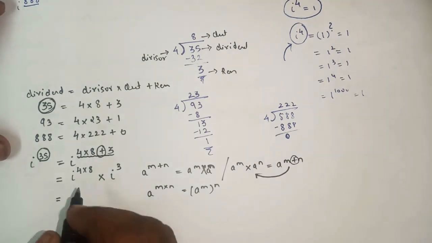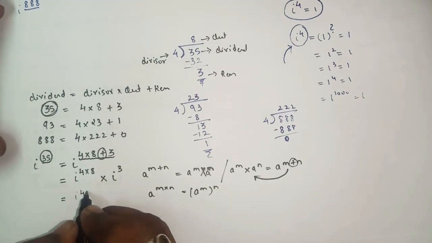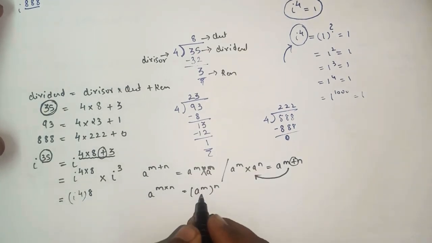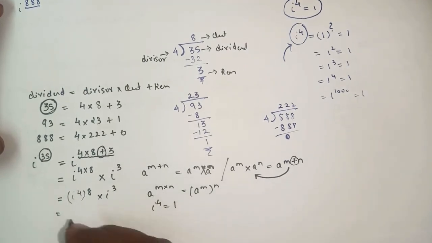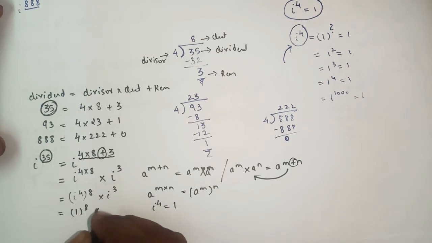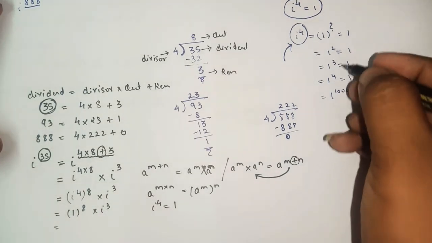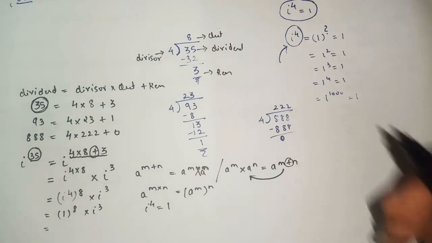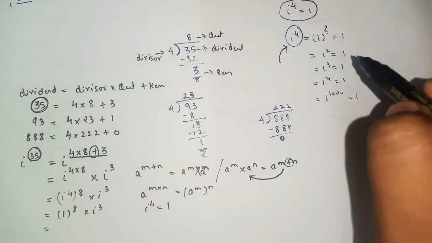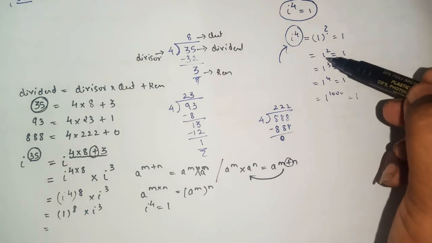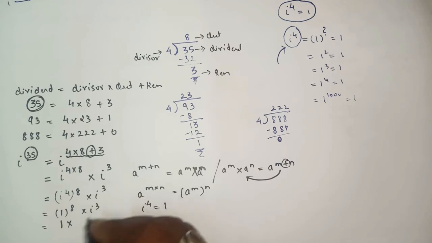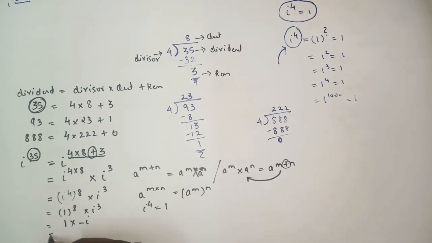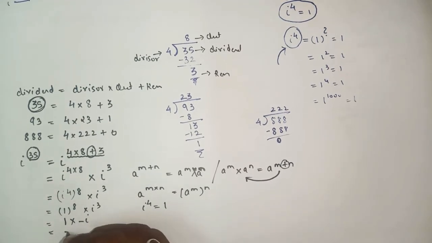So after this, it can be written as I raised to 4 the whole raised to 8 into I cube, using this formula. Further, we know that I raised to 4 is 1. So 1 raised to 8 into I cube. Just now I explained, you break the number with respect to 4, and we know that whenever you get 1 raised to any power, it will be 1 only, into I cube, whose value we know is minus I.